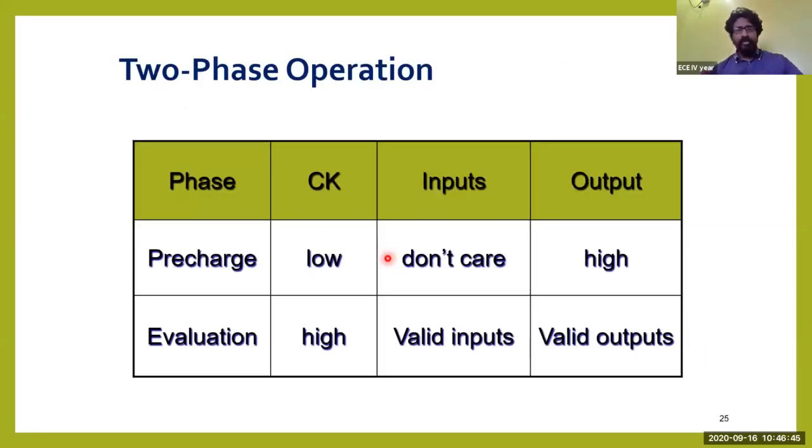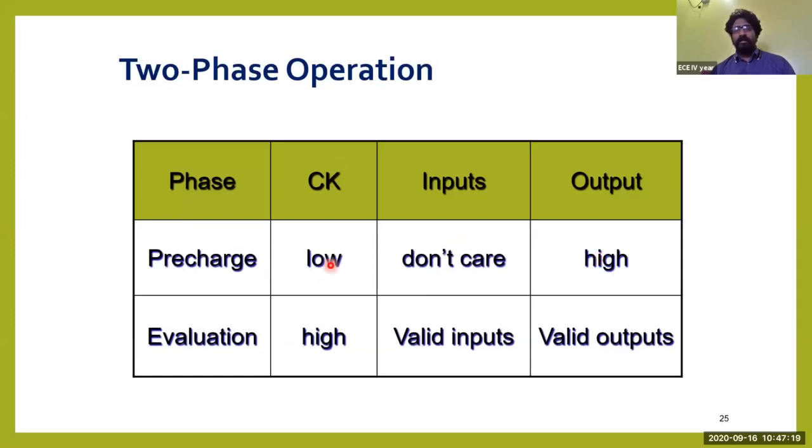And let us see the truth table of this dynamic CMOS logic for the two-phase operation. That is, two-phase means the pre-charge and evaluate phases. Whenever the clock equals 0, the inputs of the logic will be in a don't care situation, meaning you do not need to think about how the inputs will be acting. Why? Because even though some input is provided, it will not be in the active state. So whenever it is a pre-charge state, your output will always be high.